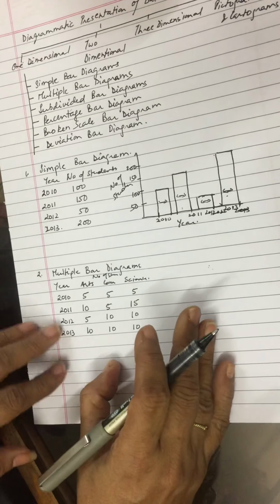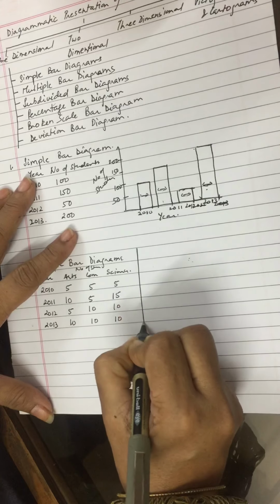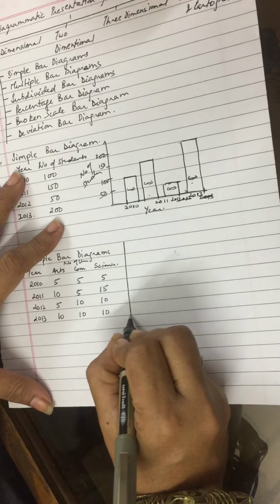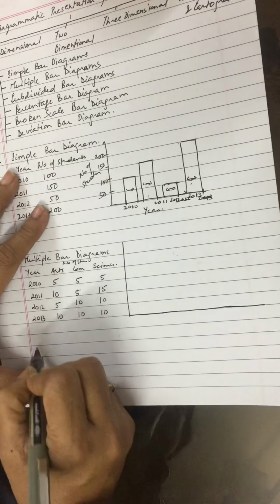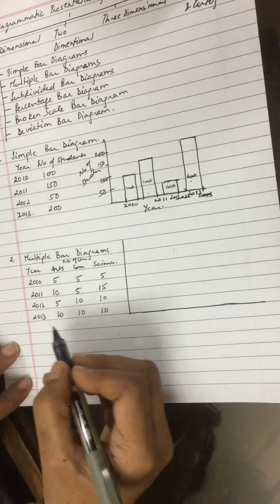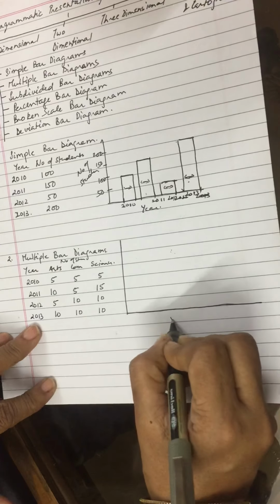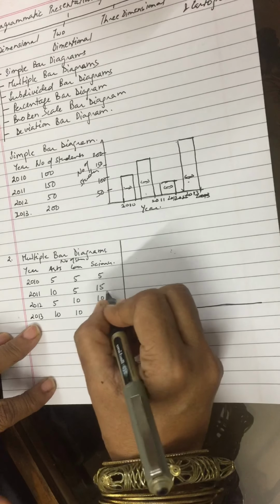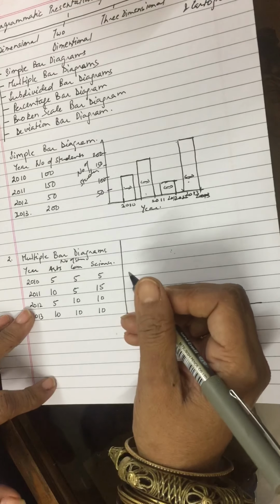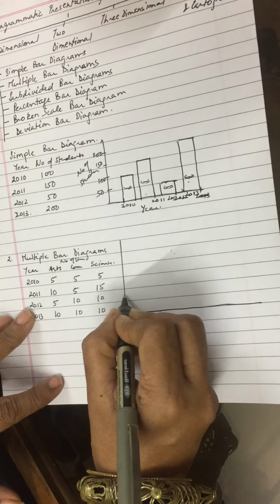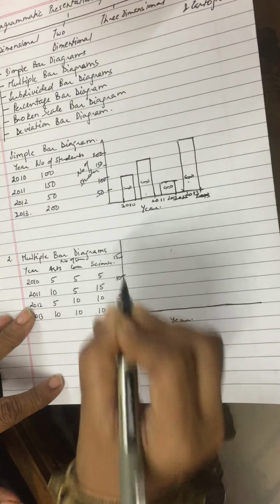I'm just taking a very hypothetical example, simple examples, because the concept is to understand how to draw the diagrams. Okay, so now in this case, when I draw the diagram, I need more space here because I'm going to show values for all the different years and I have to draw bars for all of them. So here I will be taking year and here I will be taking the data. So if you see, the value that you have is 5, 10, 15. So I'll just take the value simply as 5, 10 and 15 over here.